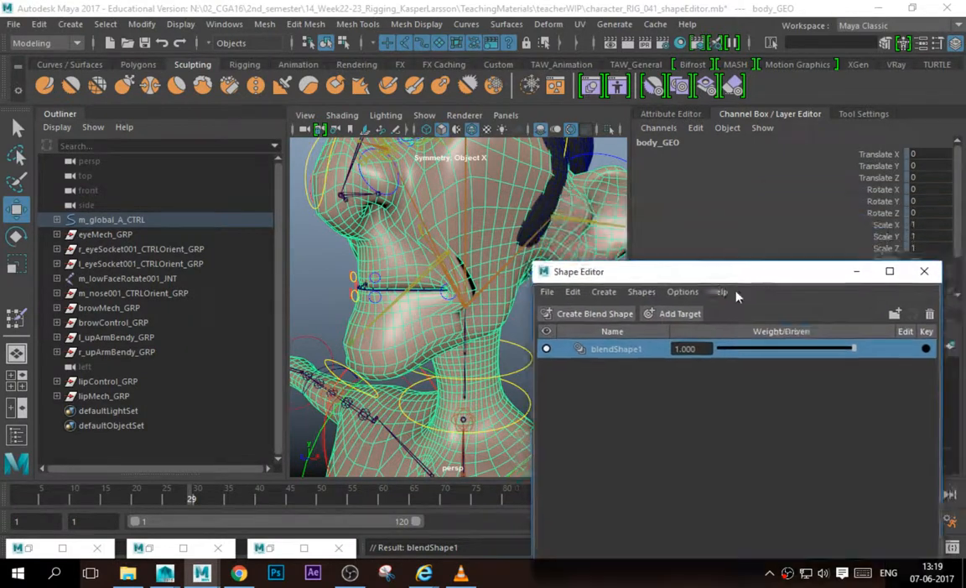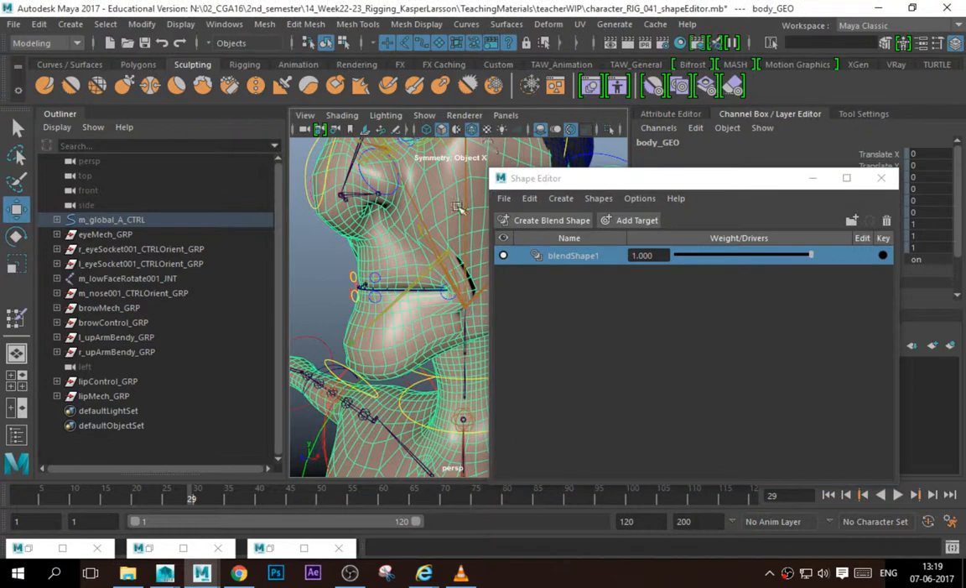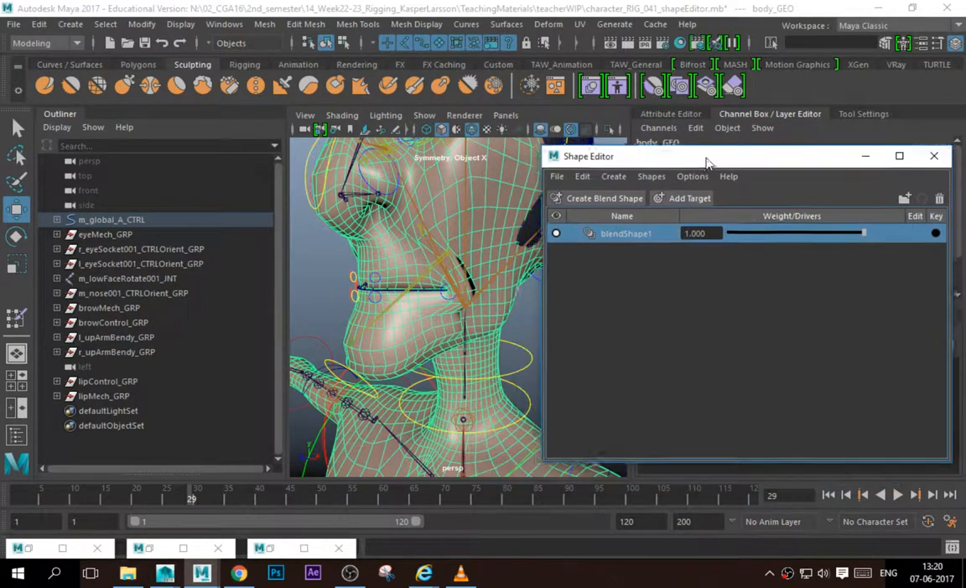In the new Maya you can have more than one blend shape per mesh, but I would still recommend that you only use one. Have you guys worked with blend shapes before? A little bit, tiny bit. Okay, so